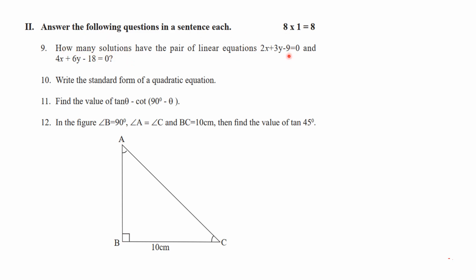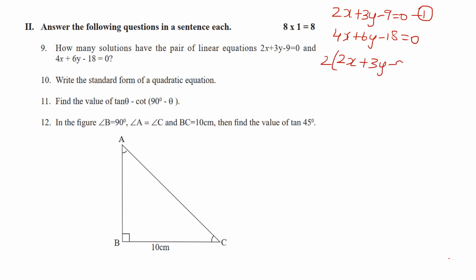Right? So first, whenever you see the equation, try to take the common. Okay, whatever the equation may be, if any common is there, check it out. So 2x plus 3y minus 9 is equal to 0. I will make it as equation number 1. You cannot take any common. Next is 4x plus 6y minus 18 is equal to 0. If you take common, how much you will get? If I take 2 common, 2x plus 3y minus 9 is equal to 0. I will make it as equation number 2.